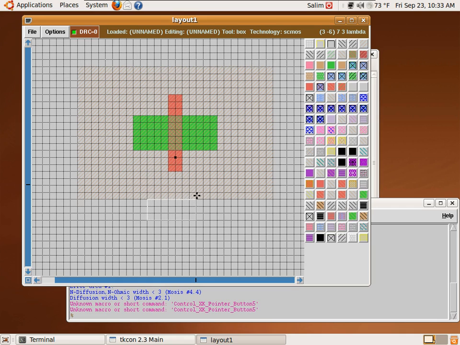Okay. So I want to make the contact for the diffusion, for the source and drain. I don't know what size the contact is because I don't know the rules, so I'm just going to do it 2 by 2 and see if it works. So I go to the layers. Each contact is a layer, by the way. So you go and search for